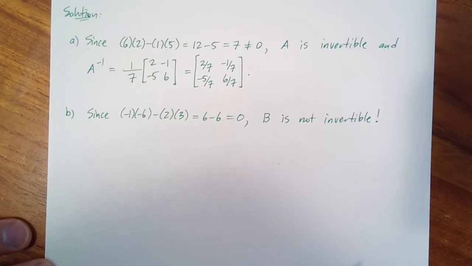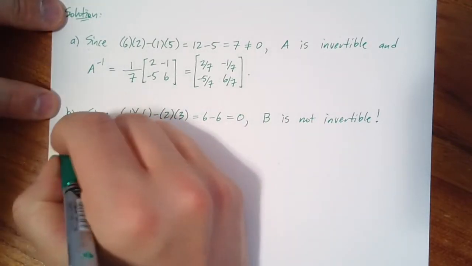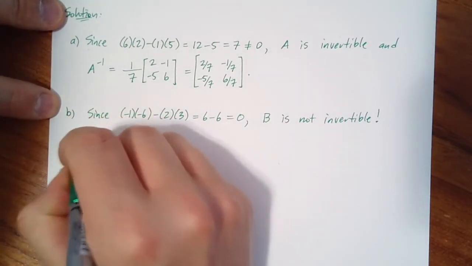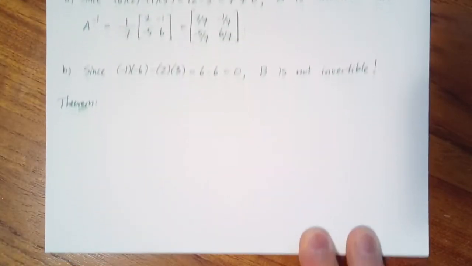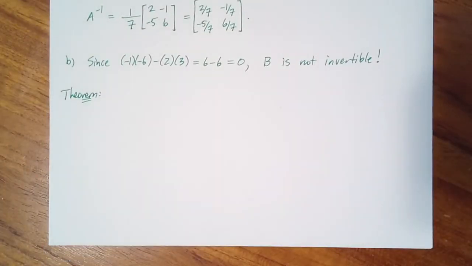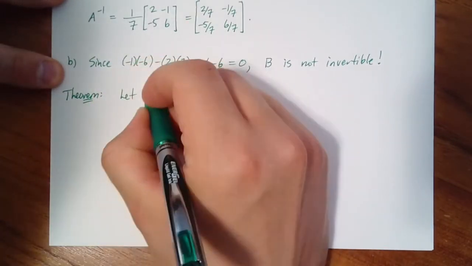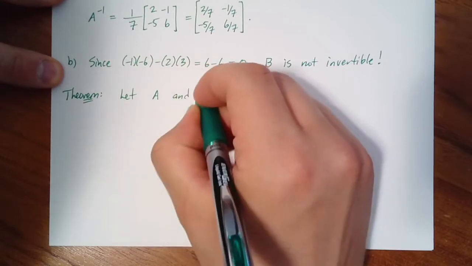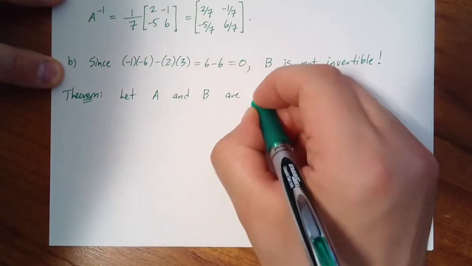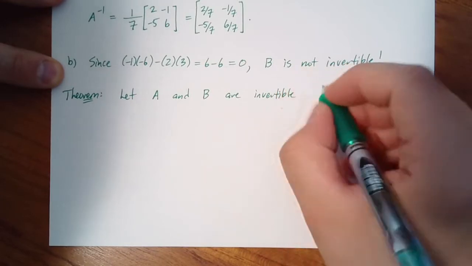And another theorem that I'm going to mention says the following. It tells you one way that you can build an invertible matrix if you have two invertible matrices already that happen to be of the same size. So let me tell you what I mean by that. So let's say A and B are invertible